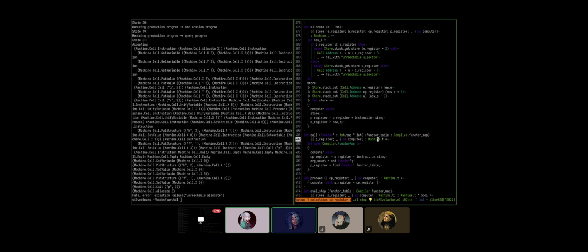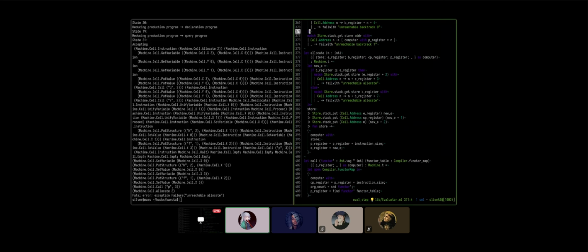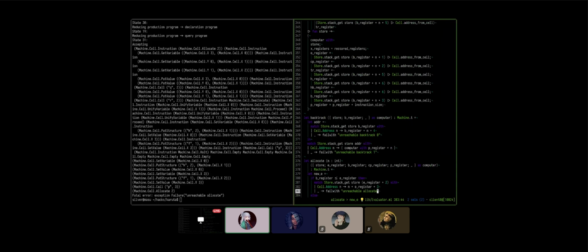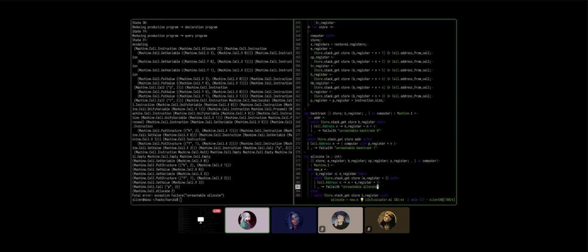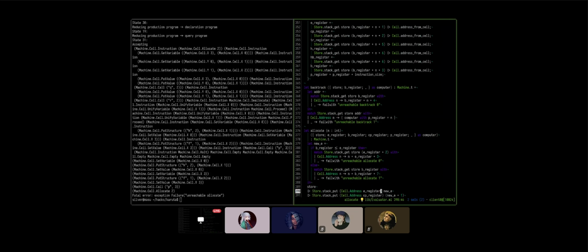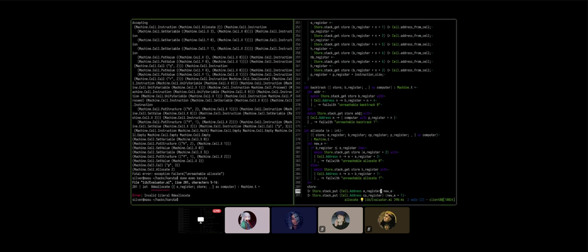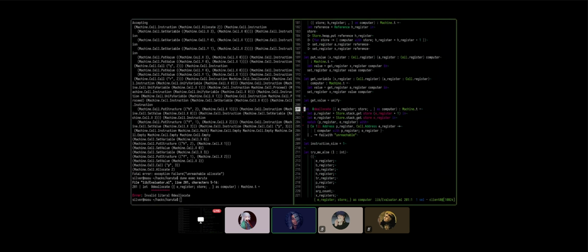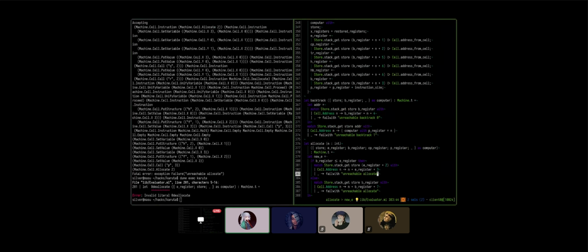Because if we go to the block evaluator and we go to let allocate, it's going to say, oh, let's put, oops, 0 and 1 here. Wait, what? What did you just change? I'm confused. I messed something up real bad here.